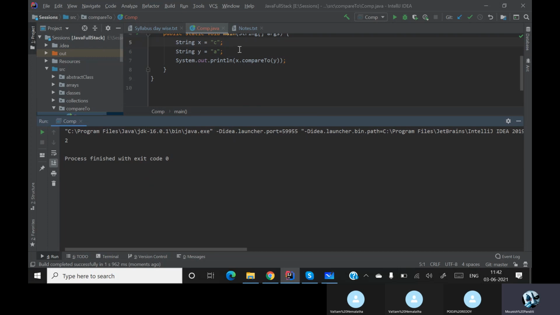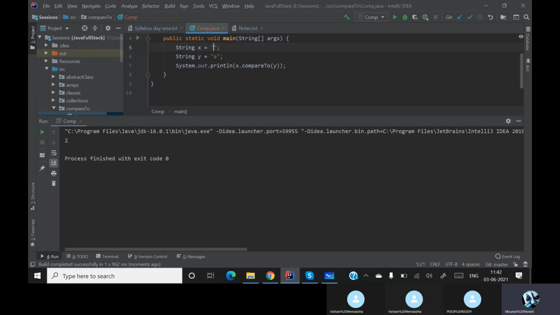Don't assume that for a and c you are getting 2 because of two differences. If I put some other x value here, you may get 23. So it will give any positive value, not 1 or 2.